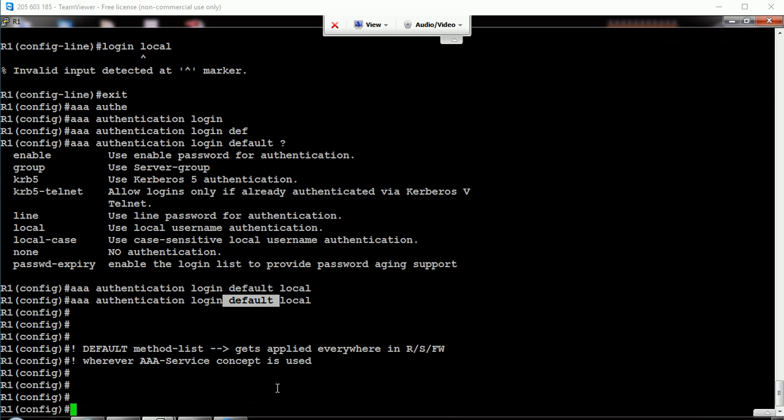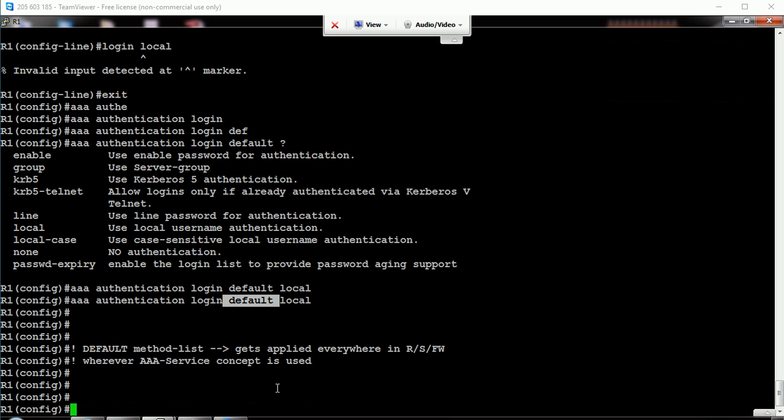Are you listening to the question or are you understanding what I'm asking? How do you access a box, man? Just connect the console cable and go to the console, which means you will configure through console, or you will log in through Telnet or SSH.